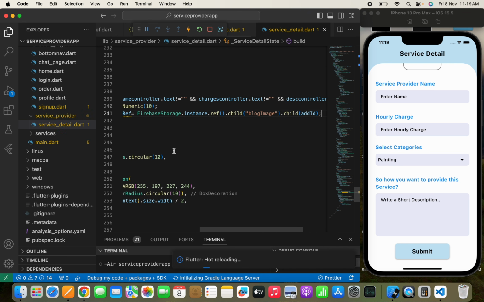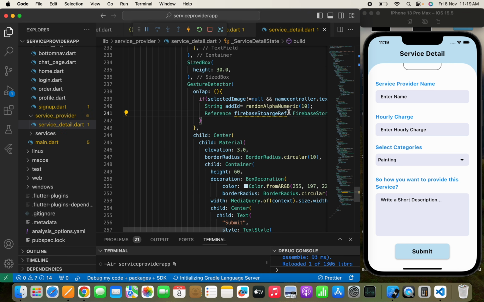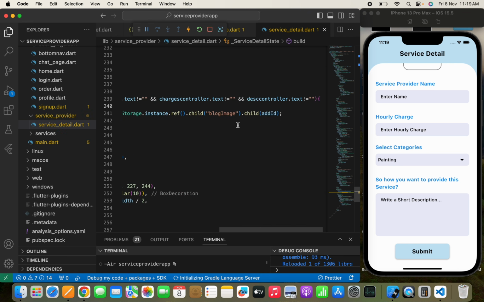Yeah, so here it is, and this is a string add id where I'm going to pass a